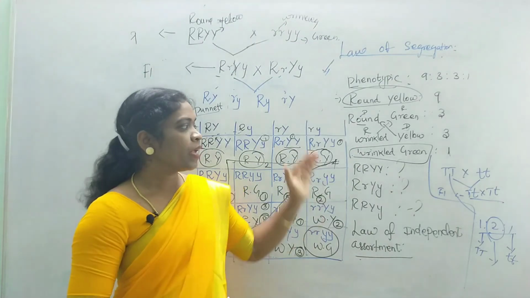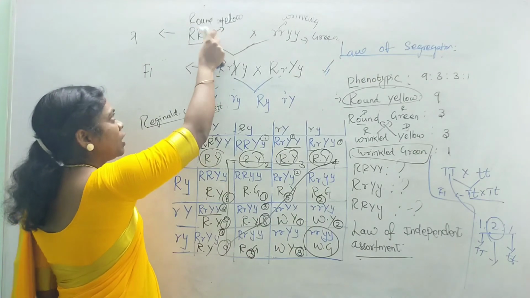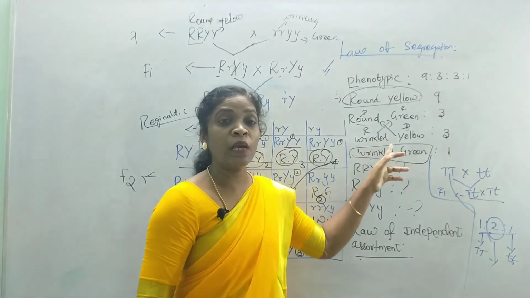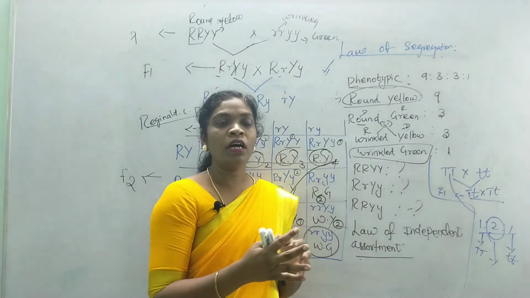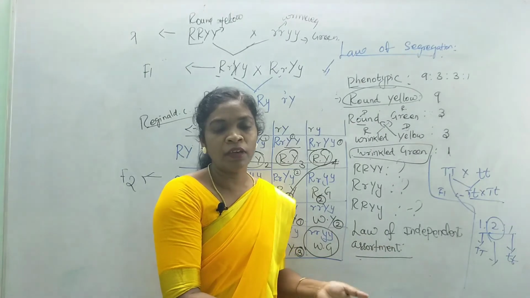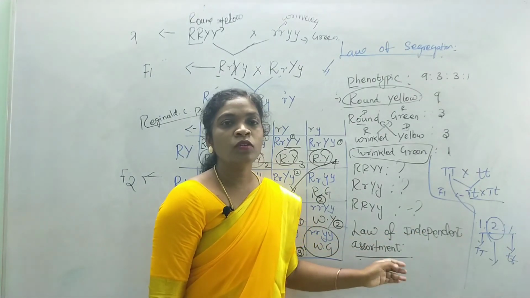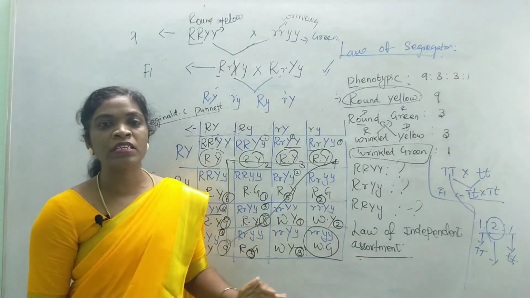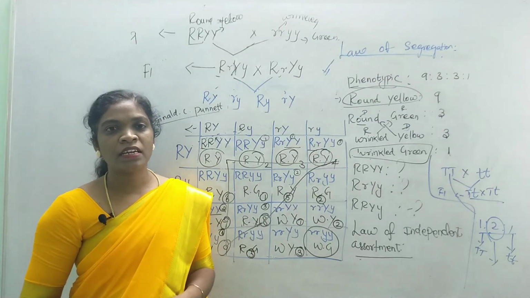And that is the law of segregation. What is the law of independent assortment? It is not that these two characters should always be combined. They can form a different combination. They can independently assort themselves, they can independently find their own pathway. That is known as the law of independent assortment. So these two Mendelian laws have been proposed based on the monohybrid cross and dihybrid cross. Learn about the next topic in classical genetics. Thank you.